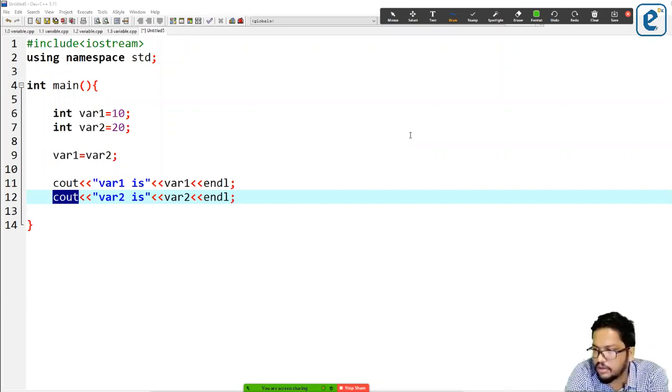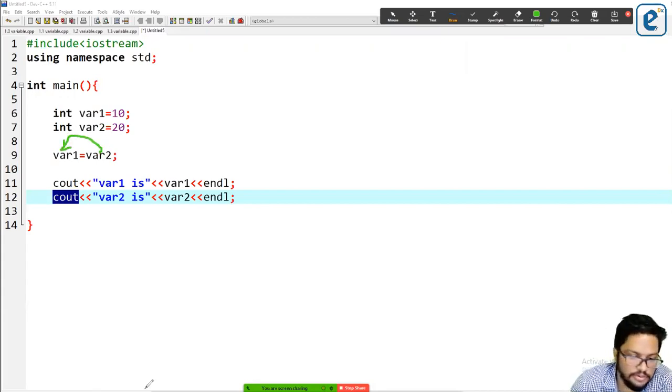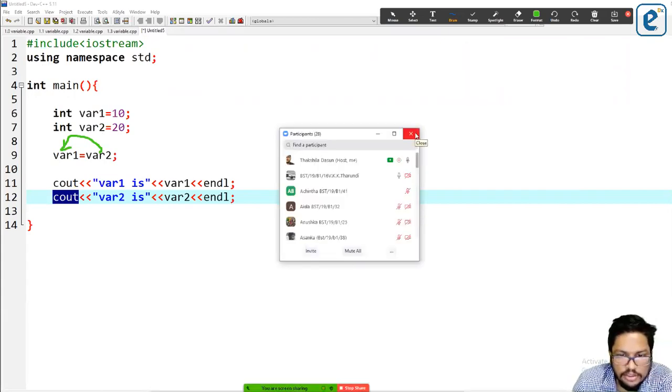I need you to tell the two values, variable 1 and variable 2. 10 and 20. No. I told you this, right? Just a little while ago I told you that this happens this way.